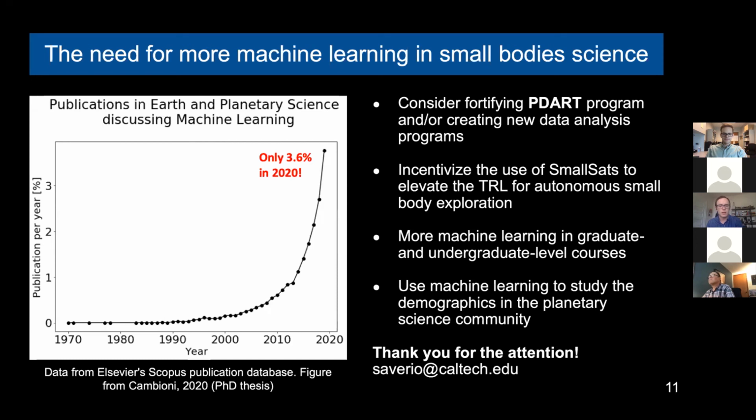And last but not least, there has been some recent interesting work using machine learning to study the demographics of the planetary science population, or also biases, for instance, in citation count. This citation count study was a paper by Kaplan et al. in Nature Astronomy. Thank you very much for your attention,